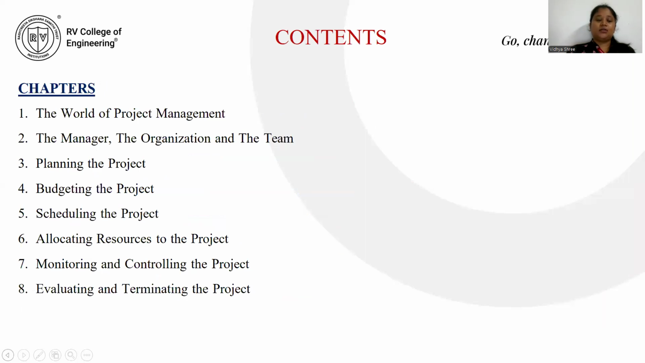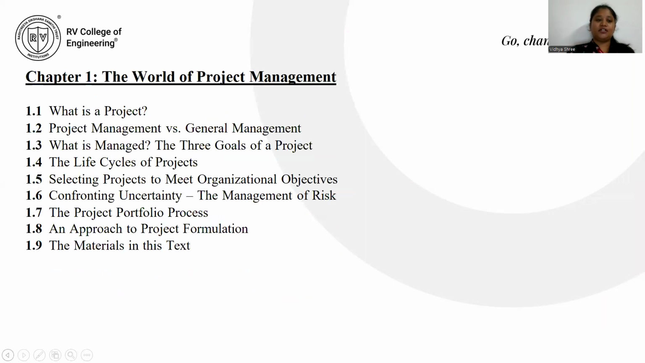These are the chapters, which include the world of project management, the manager, the organization, and the team, planning the project, budgeting the project, scheduling the project, and allocating resources to the project, monitoring and controlling the project, and evaluating and terminating the project. But chapter 1, which includes the world of project management, has